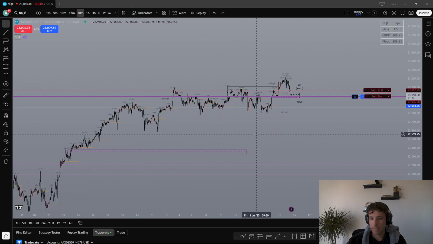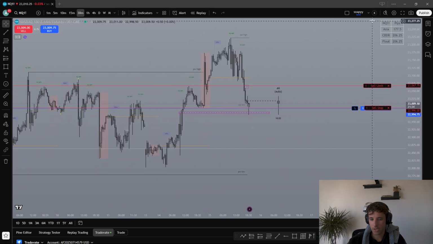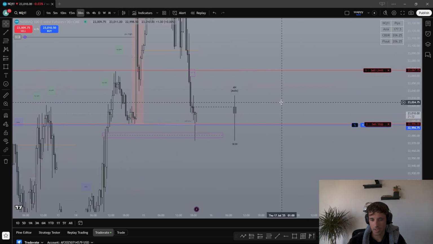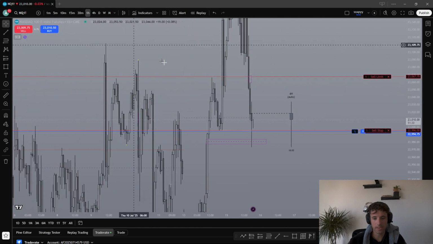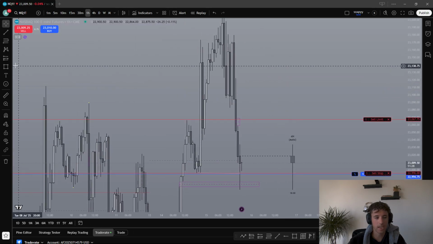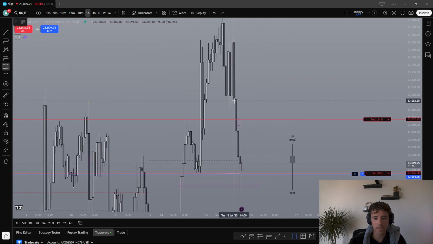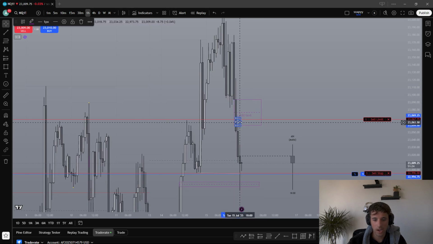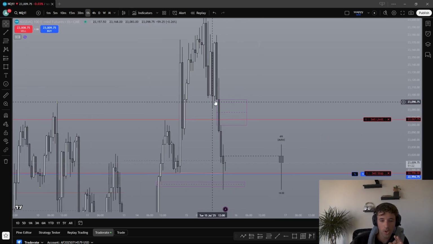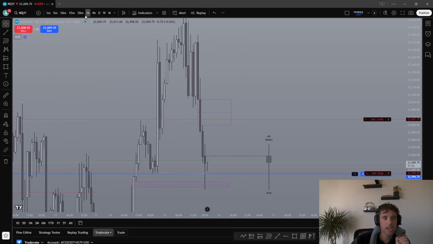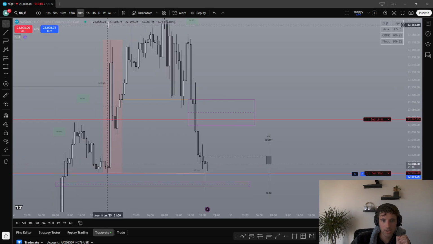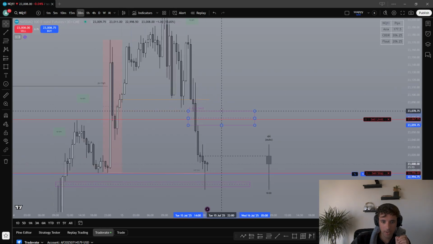But as you get better, you want to actually be looking inside of the gaps. I know that doesn't make a whole lot of sense, but here's what I mean. On a higher time frame, let's say this is the 1 hour, pretty big time frame. I would say anything above the 1 hour is pretty big. Then we're going to slowly drop down and we're still looking at this gap.